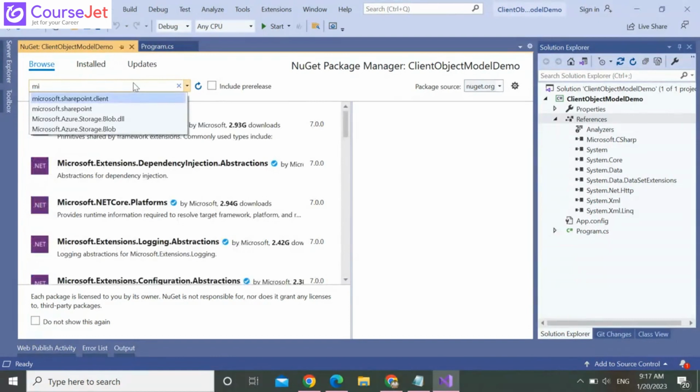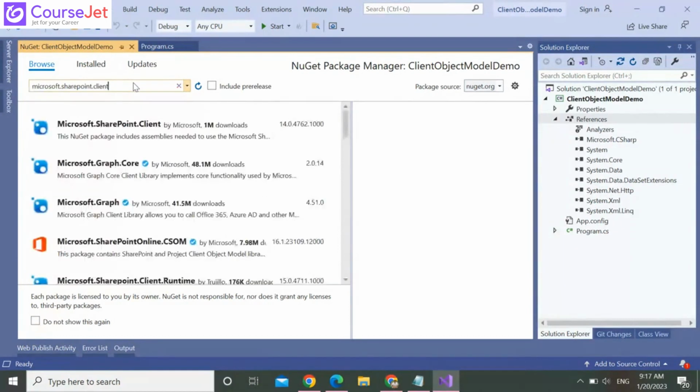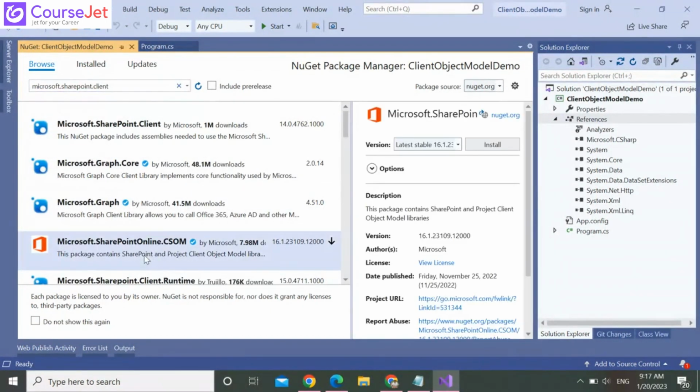Microsoft.SharePoint.Client is the one we need to add. For SharePoint Online, they have given the bundle. This one we can select. If we select this, it will add all SharePoint client related DLLs. I'll show you. I selected this one. I'm clicking on install.